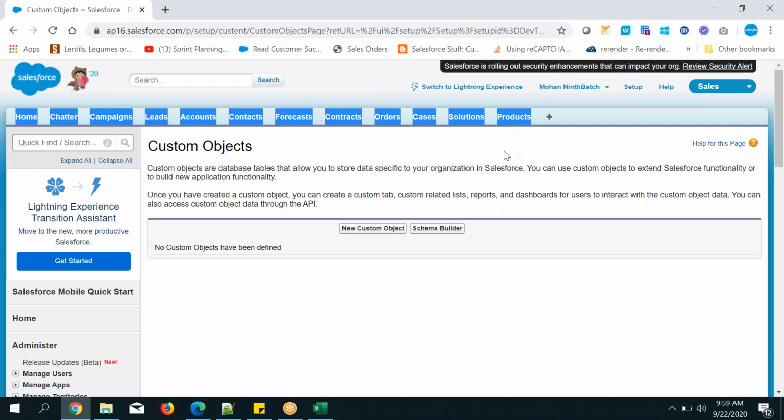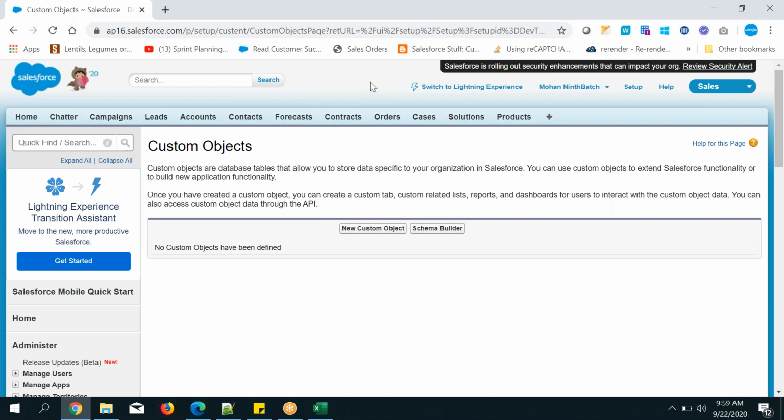And who created these objects? I'm giving this at a high level, guys. The full detailed explanation of the difference between custom object and standard object I will give going forward, once you are familiar with objects. Until then, just understand what is custom and what is standard. Standard objects are objects created and already given by Salesforce. By default, these objects are available, right? That means these objects are already created by Salesforce.